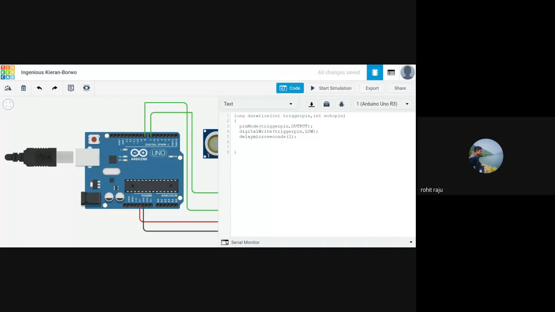So let's say 2 microseconds. You can give any value, but make sure you put it as small as possible. Now let's start our experiment, and let's put this to high. We want to start sending out a signal from the transmitter end and find where it hits the object.